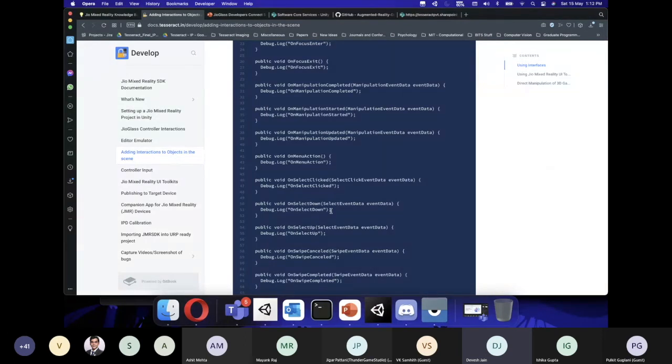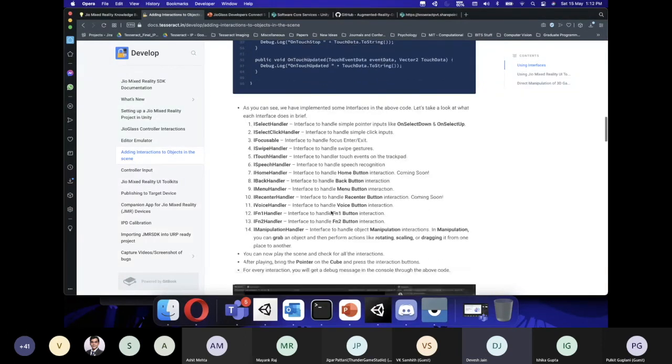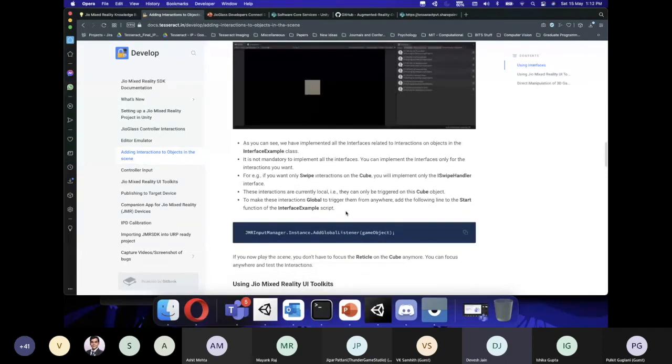Having said that, the majority of the apps and games that you are using are sort of like a global trigger, which means irrespective of wherever I'm looking, as long as I'm inside this application, if I press the trigger, I want a fire action to go. What this means is that you don't want them to be triggered when the pointer is focusing on an object. Rather, you want these to be triggered globally.